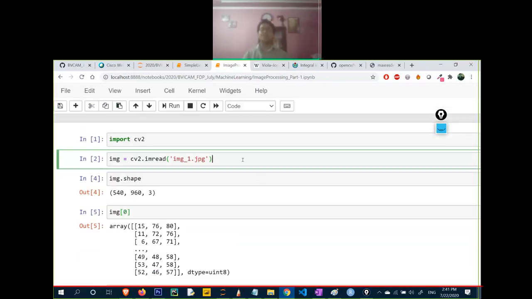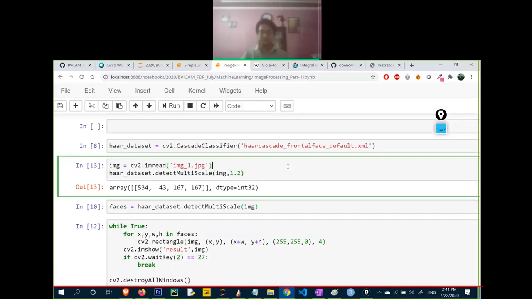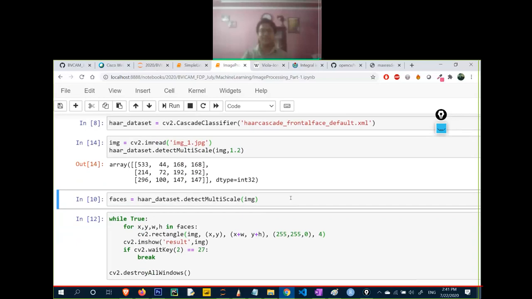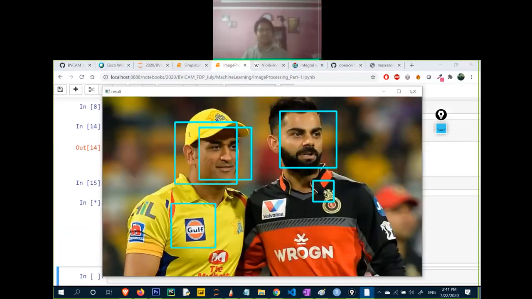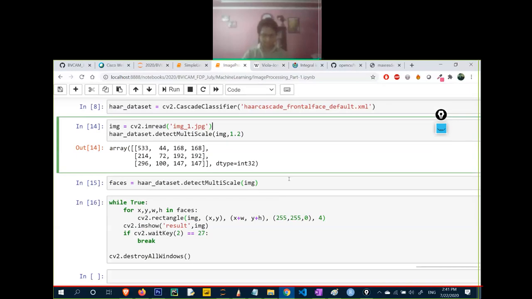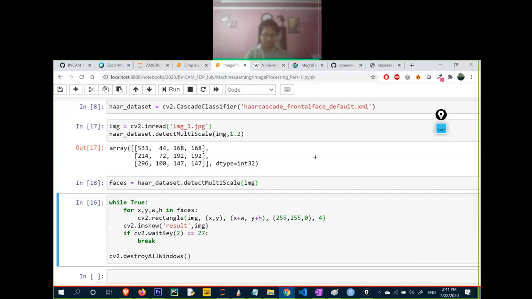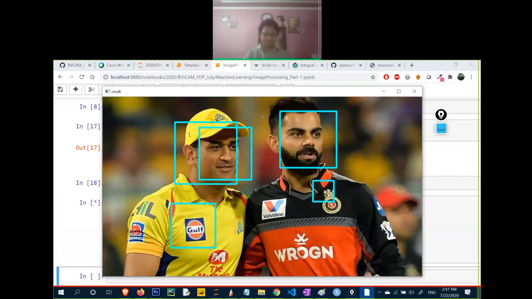So let's do one thing first. Just copy this so I can load this again. Okay, it is saying I found 3 faces now. After doing 1.2, it means 2 things will be reduced. So let's run the code here. Still 1, 2, 3, 4, 5.